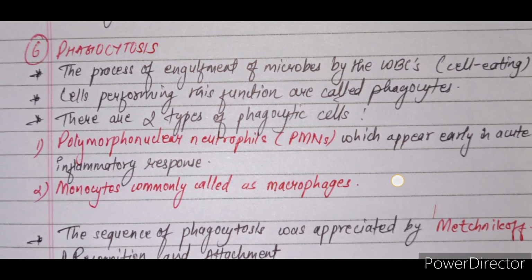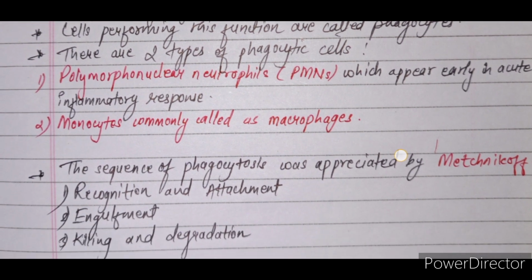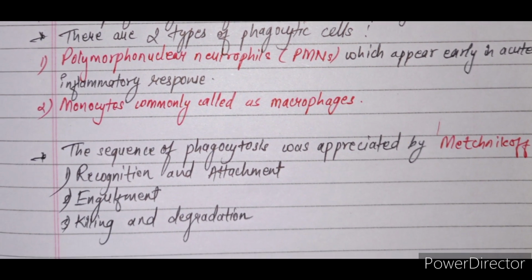Now let's see the last step of cellular event, that is known as phagocytosis. So the process of engulfment of microbes by the WBCs, that is cell eating, is known as phagocytosis. Cells performing this function are known as phagocytes, and there are two types of phagocytic cell. One is polymorphonuclear neutrophils, that is PMNs, which appear early in acute inflammatory response, and secondly is monocytes, commonly known as macrophages. The sequence of phagocytosis was appreciated by